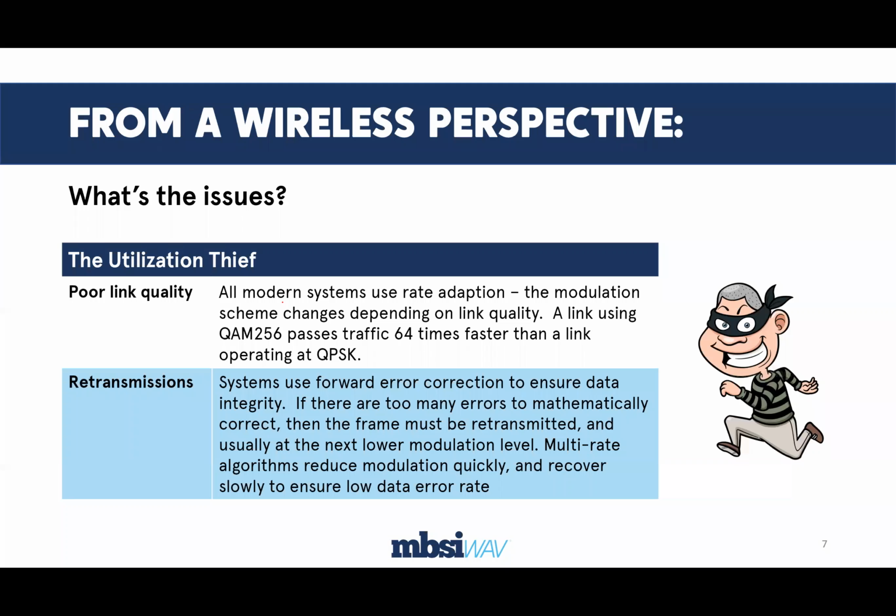And so oftentimes on a retransmission, it will be retransmitted at a lower modulation level than what it was originally transmitted at. Sometimes not. Some manufacturers retransmit the first one at the same rate, and if that one fails, then they reduce the rate in order to try to guarantee the success of the frame. But at any rate, the retransmission, first of all, even if it's at the same rate, takes up twice as much time as what the original traffic did, right? Because I'm retransmitting the original traffic. So I've already doubled the amount of time that this one particular subscriber unit is listening on the air. Secondly,